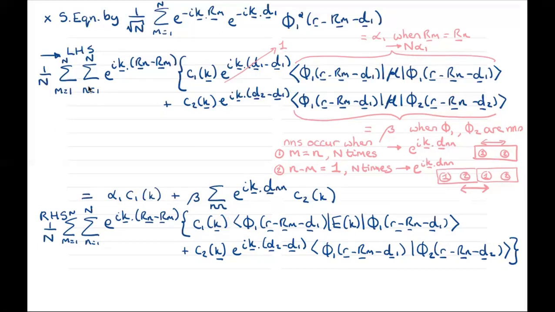Okay, so we can immediately simplify things in the second term because this last integral is between phi 1 and phi 2, and because of the orthogonality, this goes to 0, and so the second term is 0. Our e of k is just a constant, so we can take it out to the beginning, and we're left with just the integral between phi 1 and phi 1, and this we said already was equal to 1